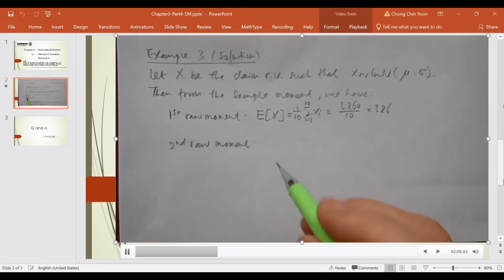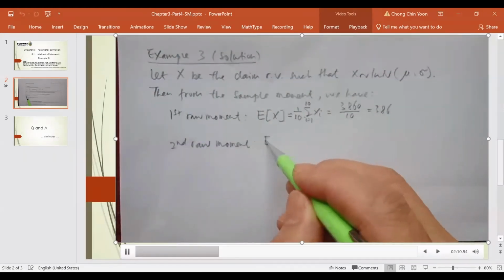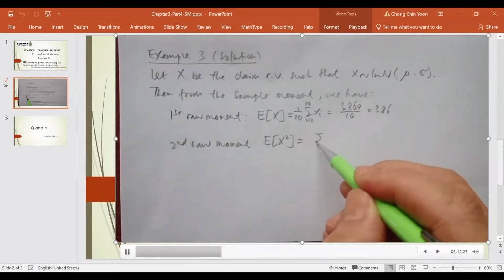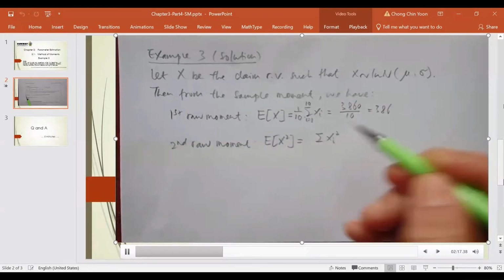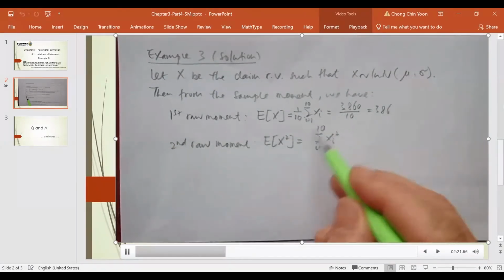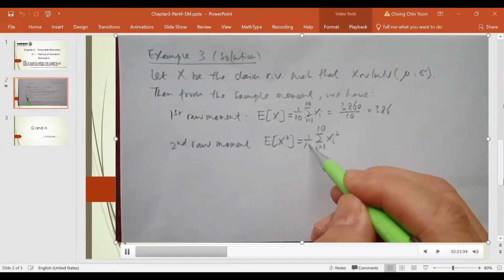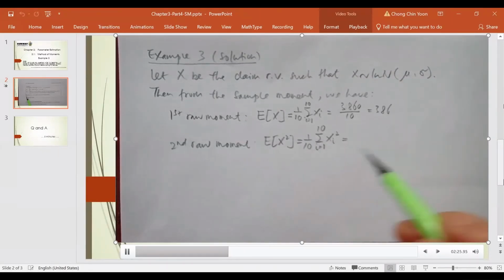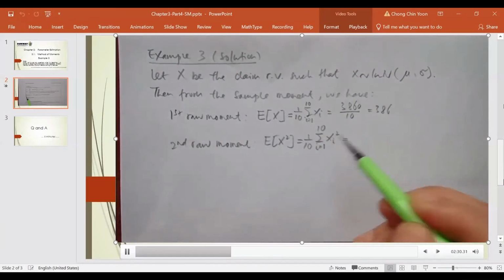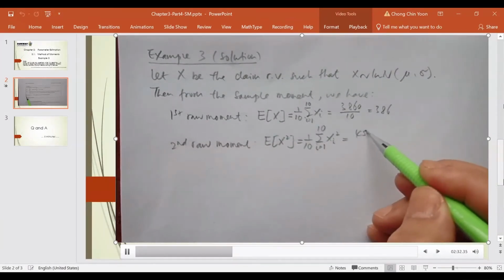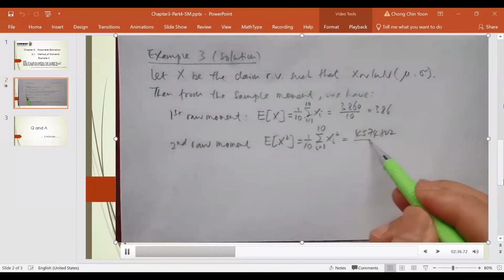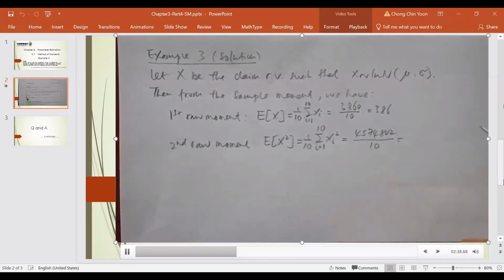So from the second raw moment, we will have the expected value of x squared, which is given by the summation of xi squared, where i takes from 1 to 10, and the whole result divided by 10. Again, this value of the summation of x squared is given by the question, that is 4574802, and divided by 10. So we will have